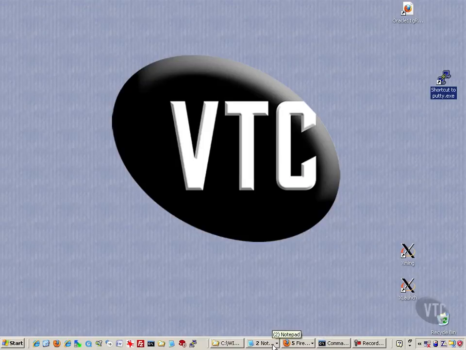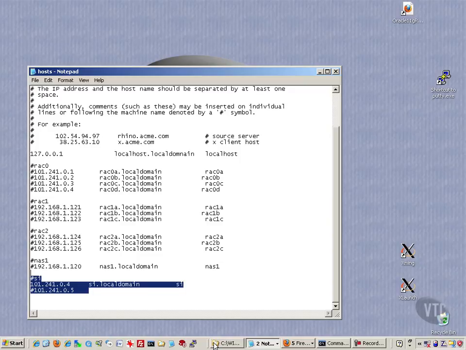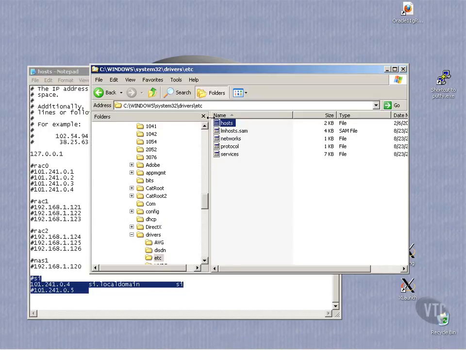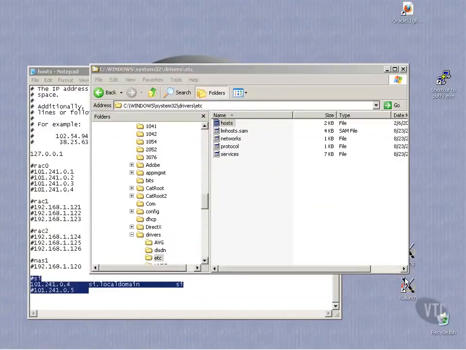Then what you'd actually have to do to prepare your server is put the IP address and the host name for your Linux database server into your host file on your Windows box, which is in this directory right here. I've previously installed Xming